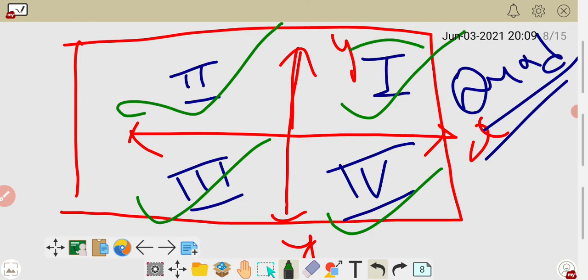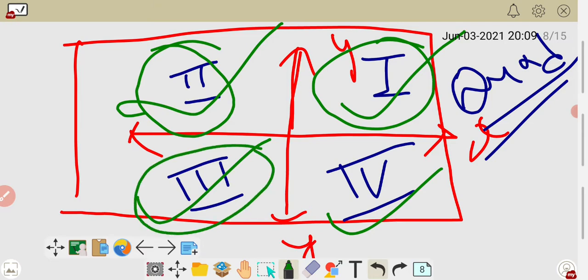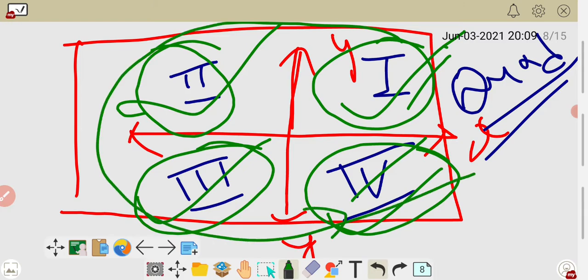But the first part is known as the first quadrant, the second part is known as the second quadrant, the third part is known as the third quadrant, and the fourth part is known as the fourth quadrant. Like that you have to divide. Not like that, first part here, second part here, not like that. In that direction only. Sorry, in the anti-clockwise direction you have to divide. First quadrant, second quadrant, third quadrant, fourth quadrant.